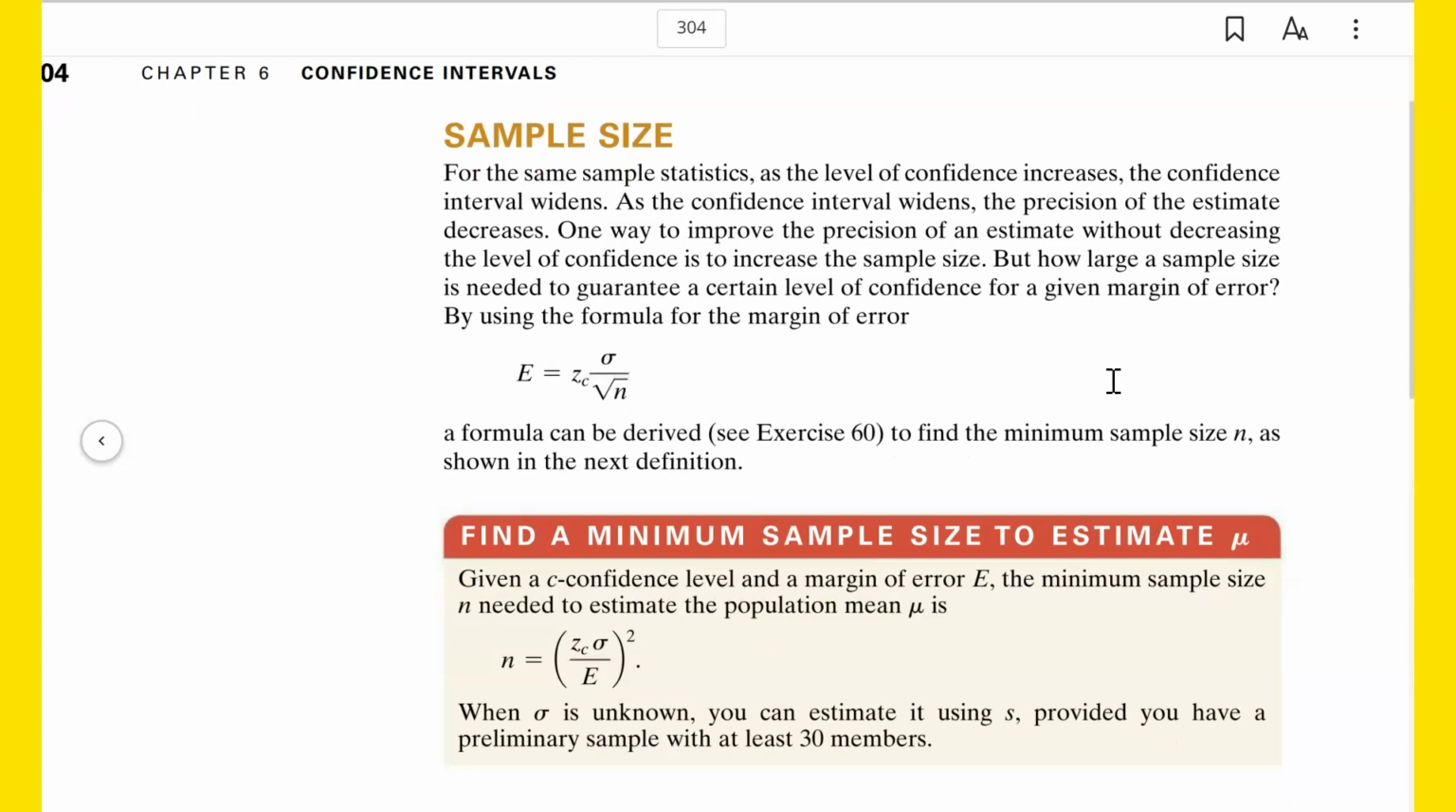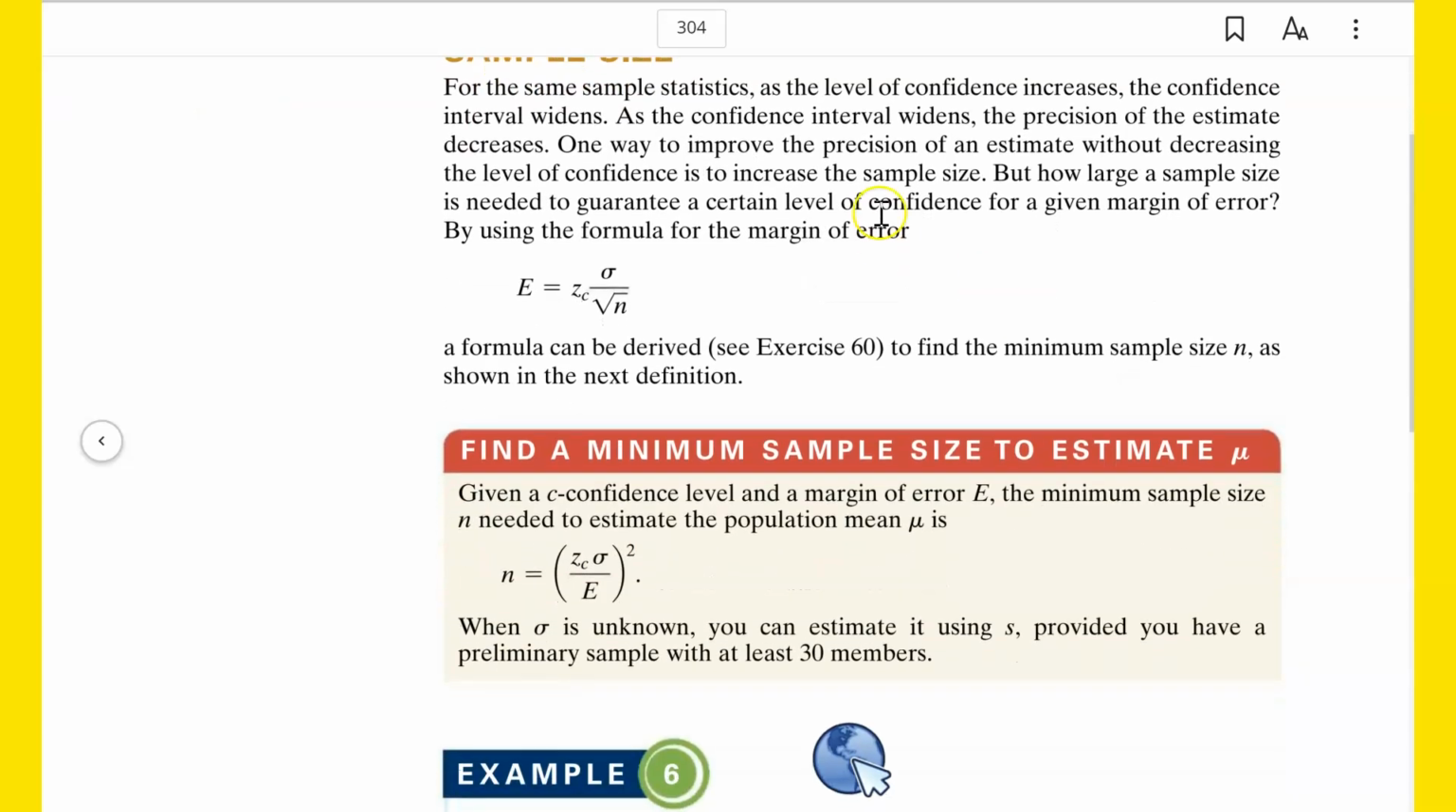Sample size. For the same sample statistics, as the level of confidence increases, the confidence interval widens. As the confidence interval widens, the precision of the estimate decreases. One way to improve the precision of an estimate without decreasing the level of confidence is simply to increase the sample size. But how large a sample size is needed to guarantee a certain level of confidence for a given margin of error? By using the formula for the